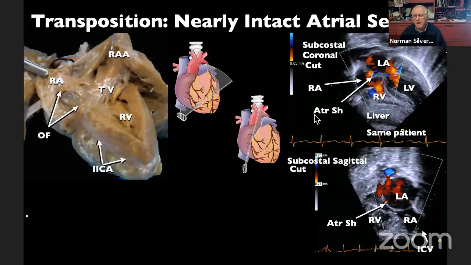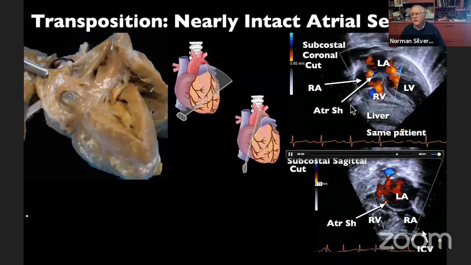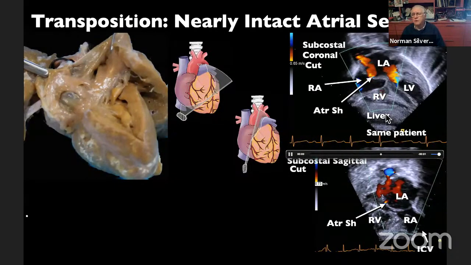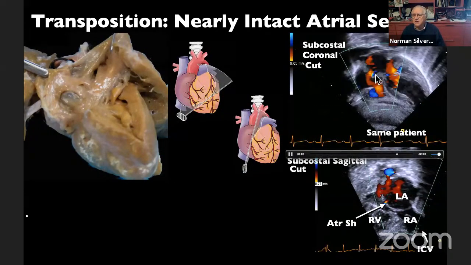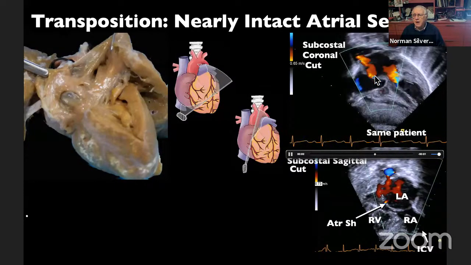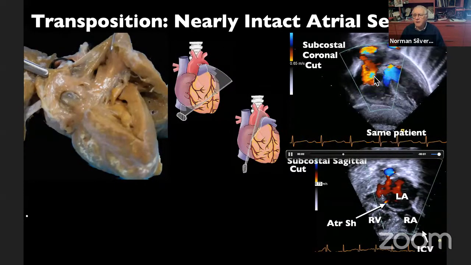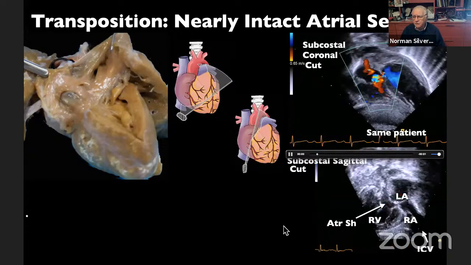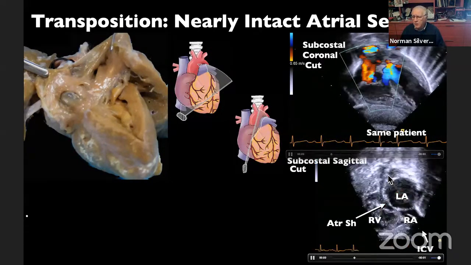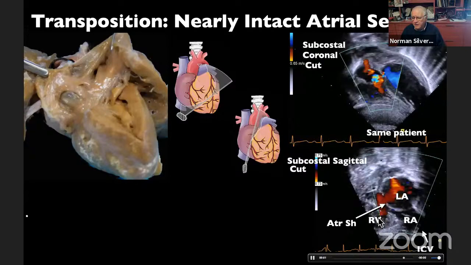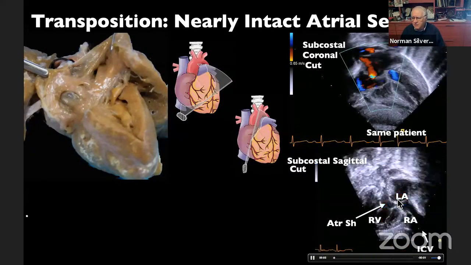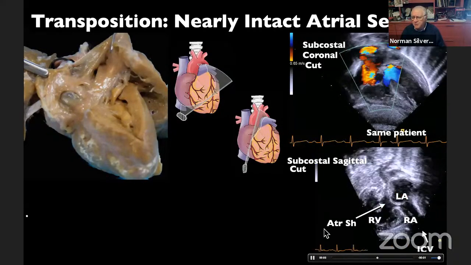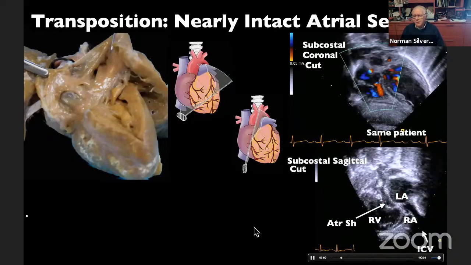And I've matched this, of course, with examples of the atrial septum in the subcostal, coronal, and sagittal cuts. And you can see here there's a teeny weeny atrial communication over here between the left and the right atriums. And when you turn this round, we can see superior and inferior vena cava, the tricuspid valve draining into the right atrium, the left atrium behind here, and a really minimal atrial shunt here.